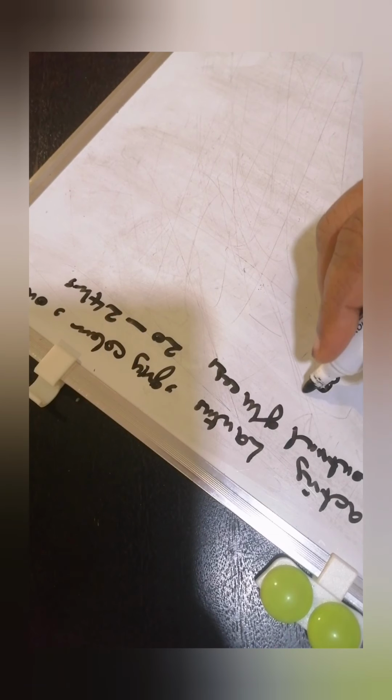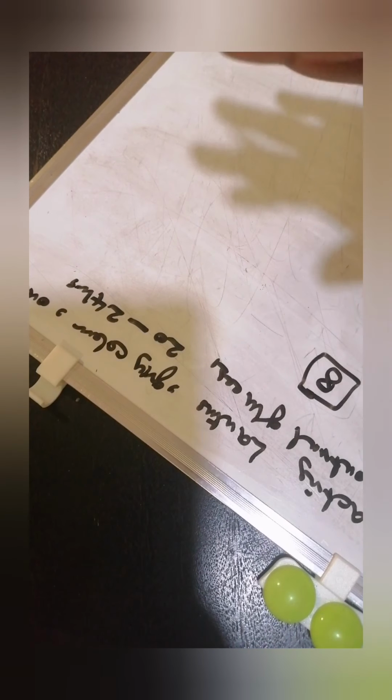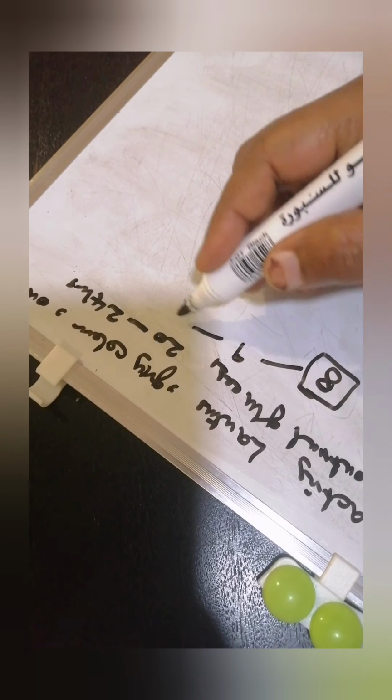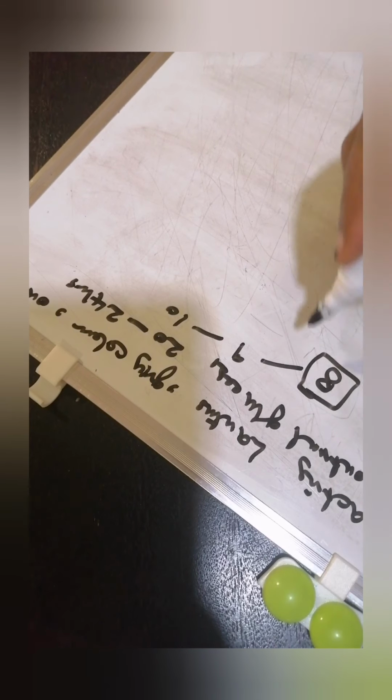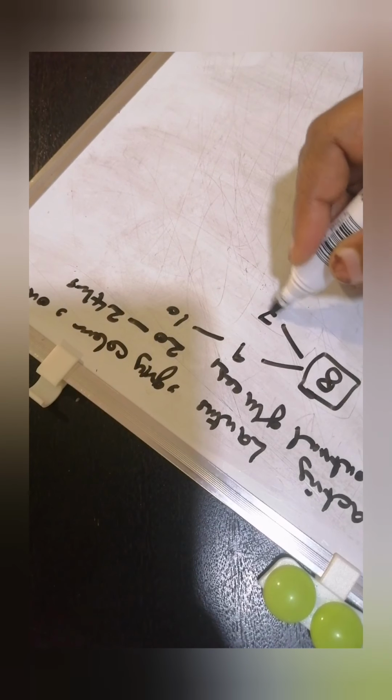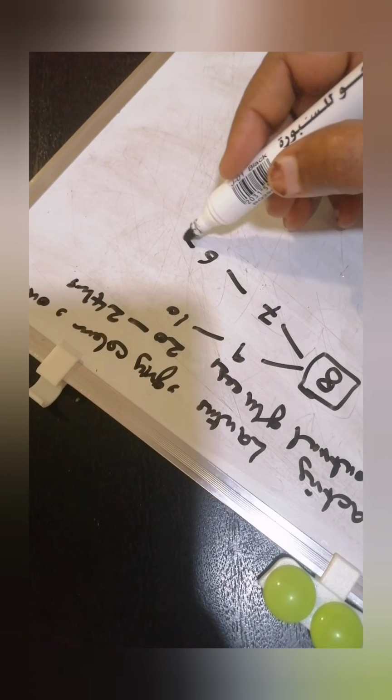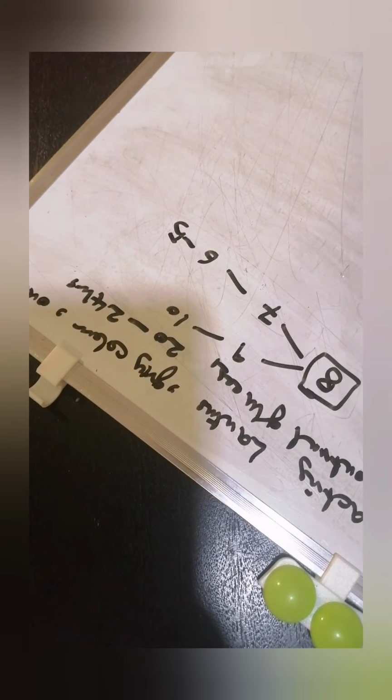For example, if the doctor decided the dose of Lantus to be 8 units, will these 8 units be fixed? No, it will not be fixed. The 8 units can increase, become 9, become 10, and more. It can also be decreased to 7, 6, and 5. This is according to blood glucose level,